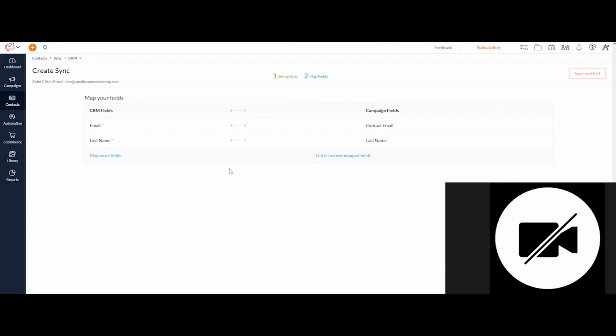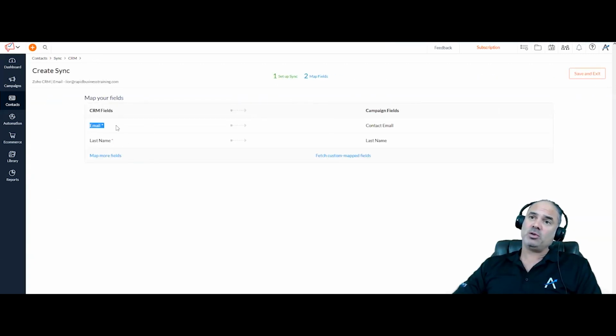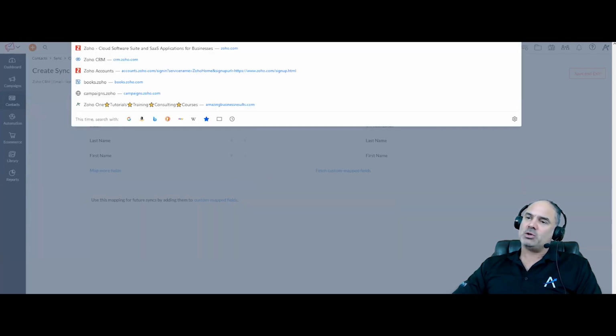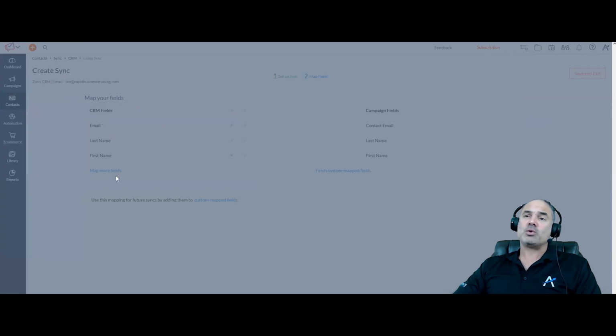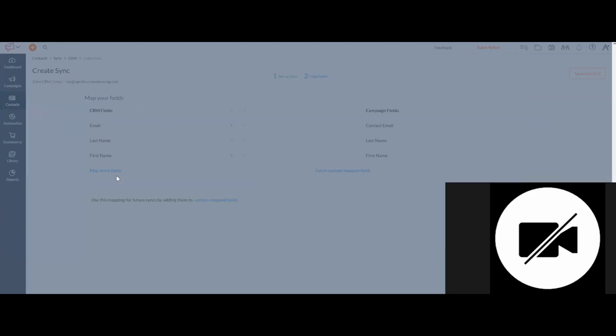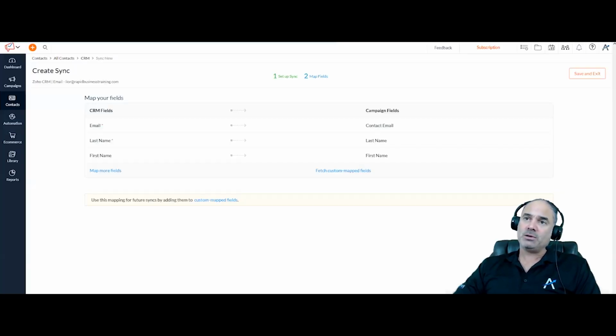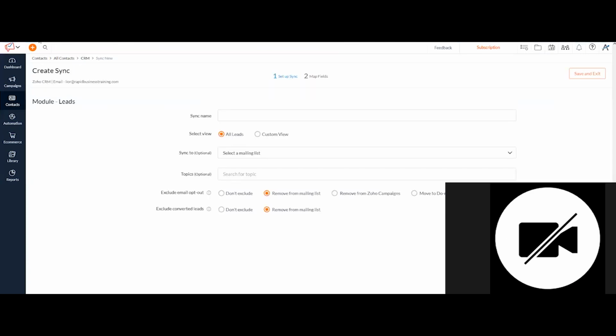Next, you need to select the fields. By default, only the email and last name are coming, but you can have more fields. Now, this is where the interesting part will kick in. Let's say that you have also a field named lead status, and when the status changes to contacted, this is when you want to initiate the campaign in Zoho Campaigns, right?